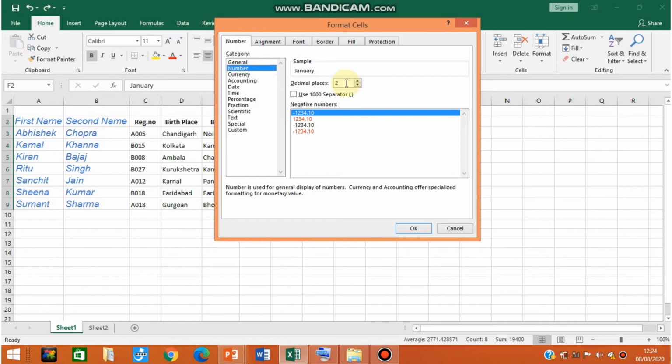Okay, I'm choosing it as 2. You can increase or decrease according to your requirements. Fine. Now negative numbers. Select the suitable option from these negative numbers. Okay, after doing all this, click on the OK option. Fine.